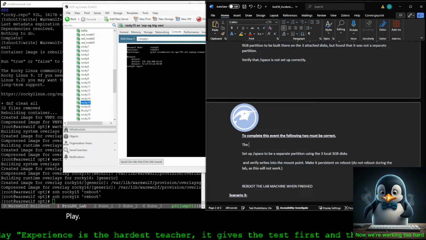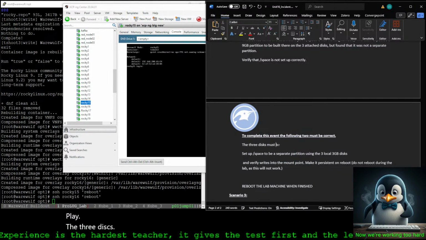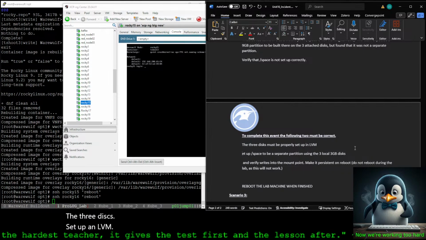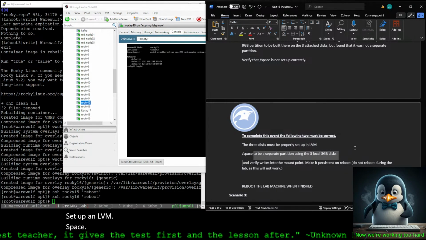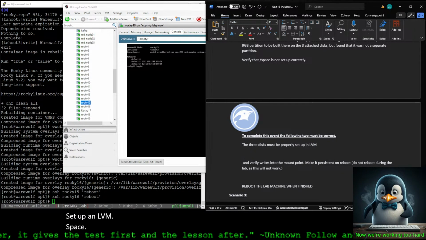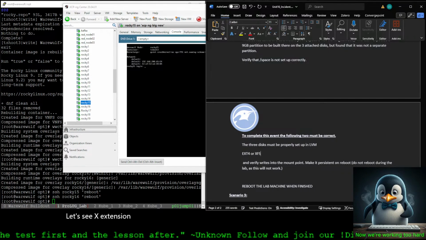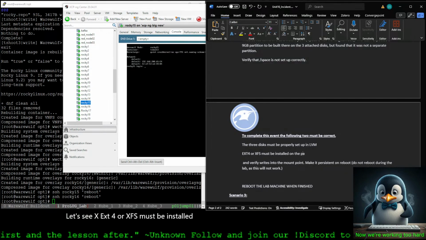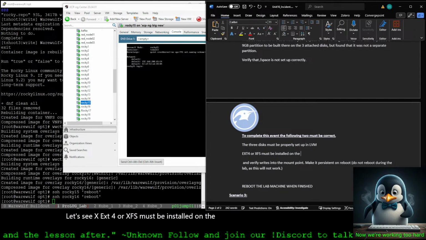The three disks must be set up in LVM space. Let's see, ext4 or xfs must be installed on the partition or on the